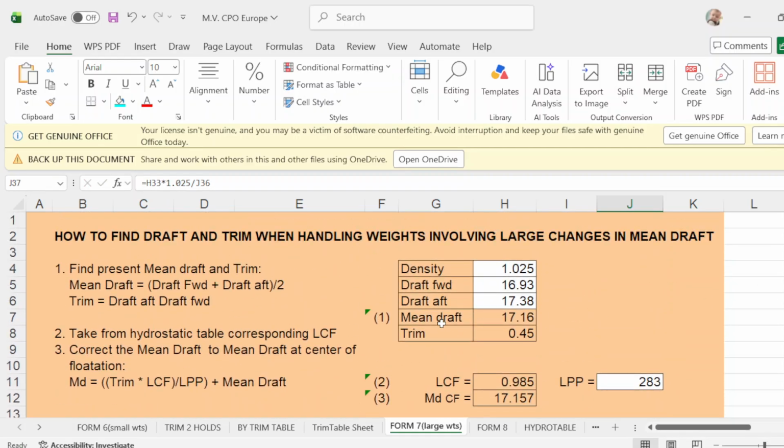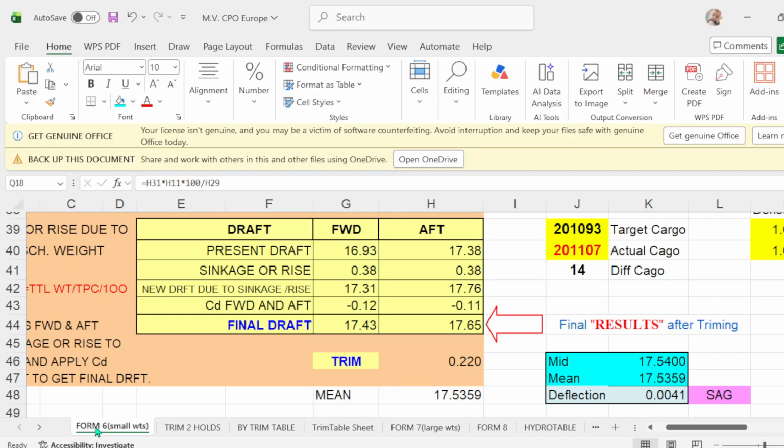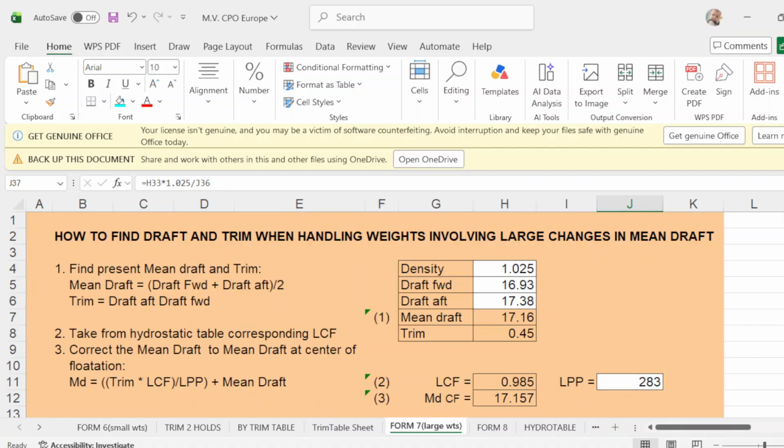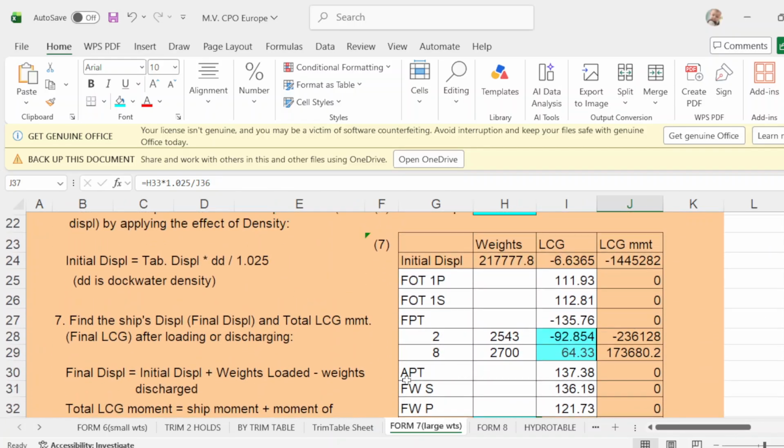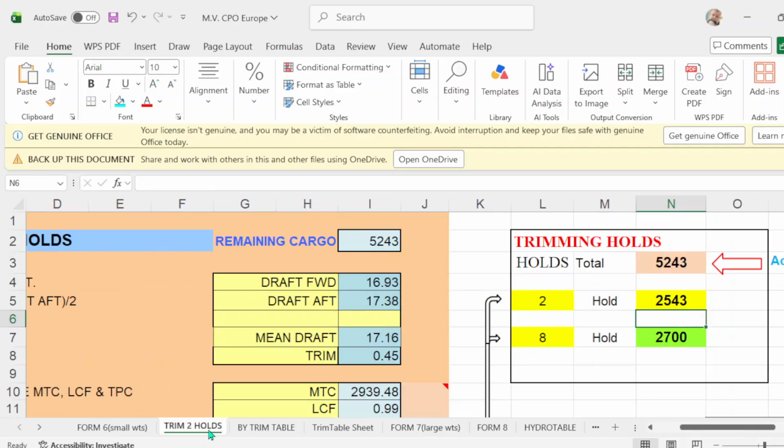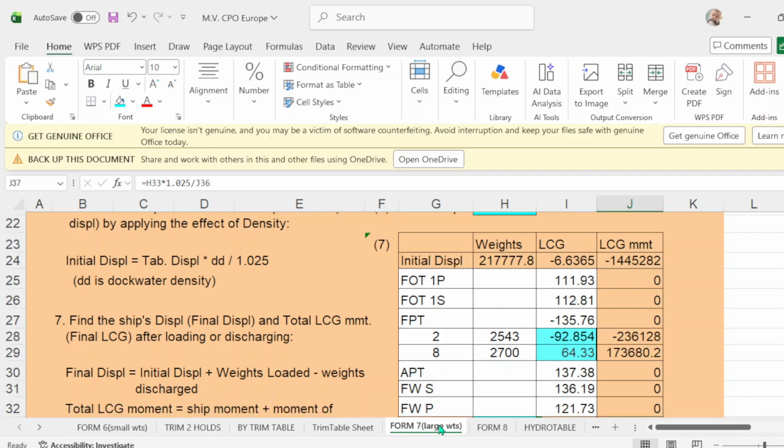Take note of forward and up, 1693, 1738. Okay. Scroll down. Then you have your 2 and 8, 2543, 2700, and the LCG.